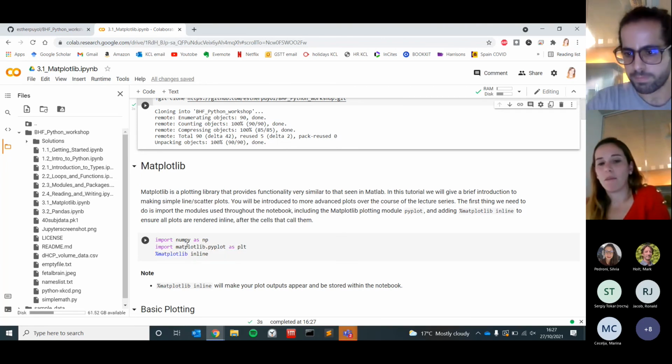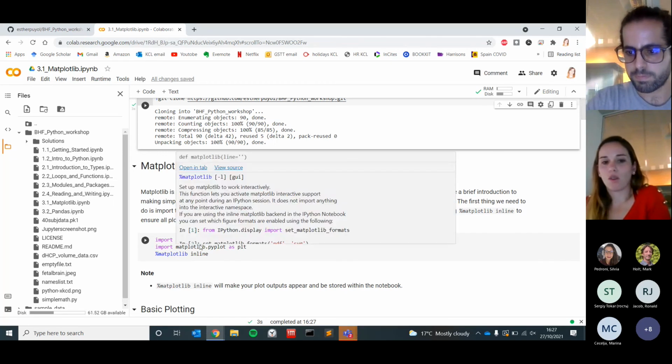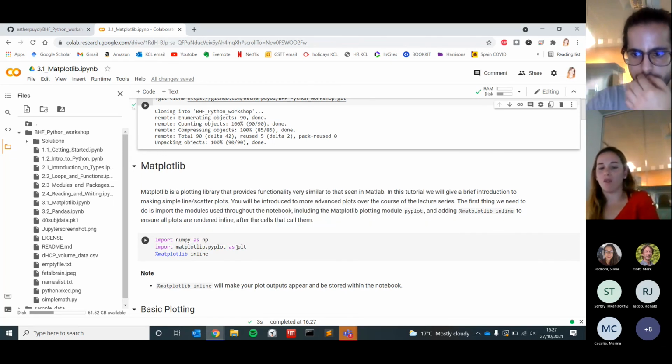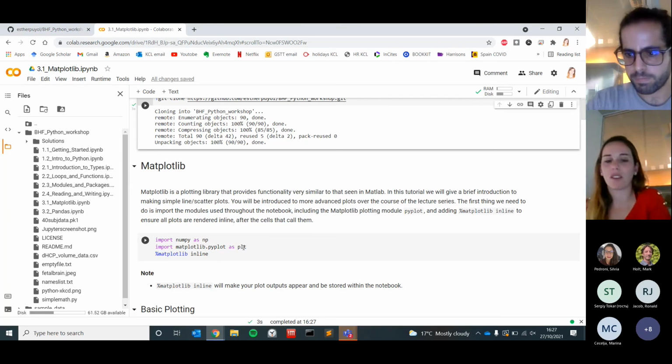We're also going to import NumPy, because it's one of the most commonly used libraries. I think every time you start a Python code, you can already say import numpy as np, because you're almost 100% sure you're going to be using it. And then the last line, %matplotlib inline, is going to try to make the plots stay on the